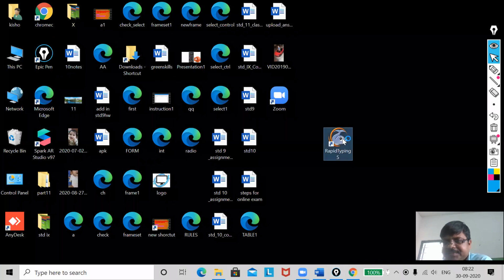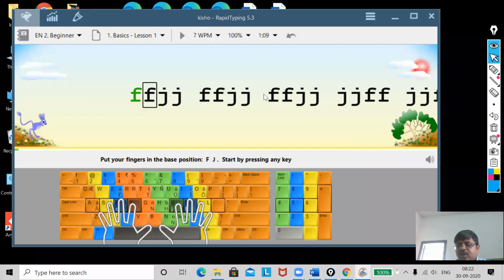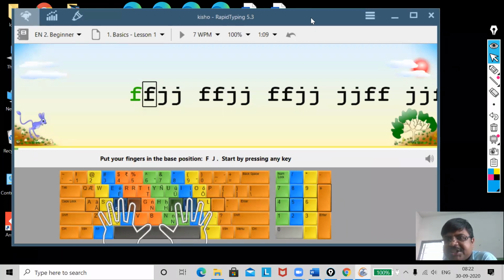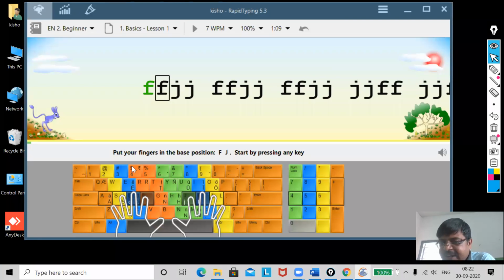I am going to run it. For that, I have to double click on that. Now you see, my dear, this typing software has come on my screen. You can see how the fingers are kept on the keys. I'm going to practice it.